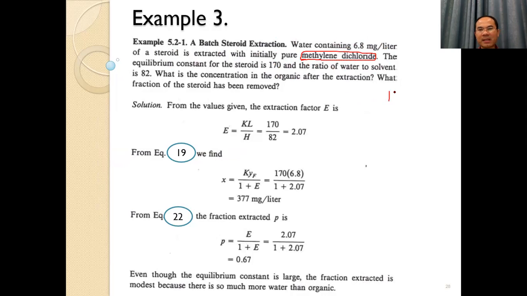That means K. This is K. The ratio of water to solvent is 82. That means S over L is 82. Okay, the question is, what is the concentration in the organic phase after the extraction? The concentration in the organic phase after the extraction will be the concentration of